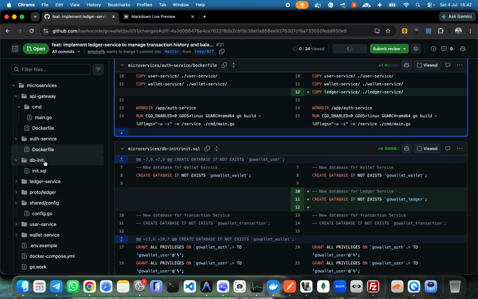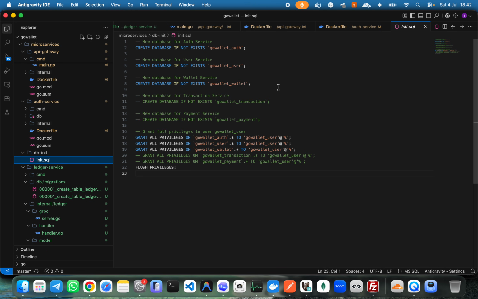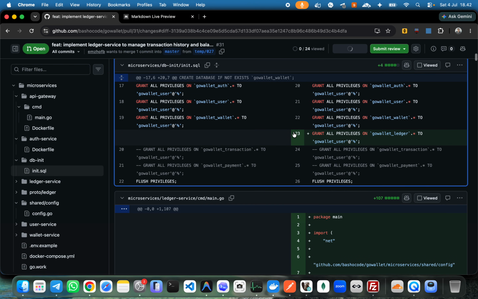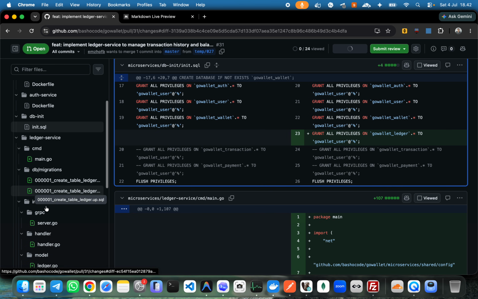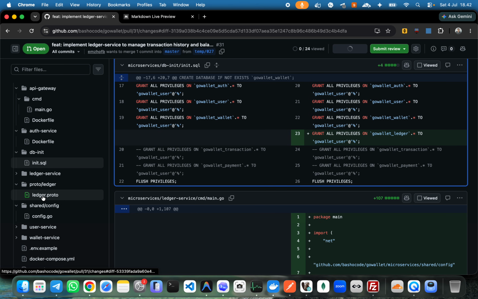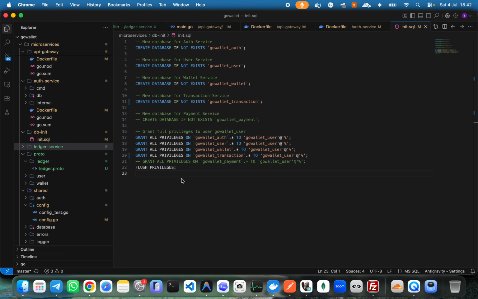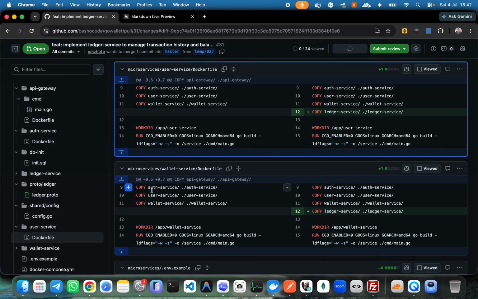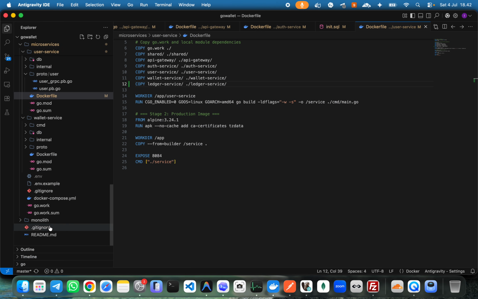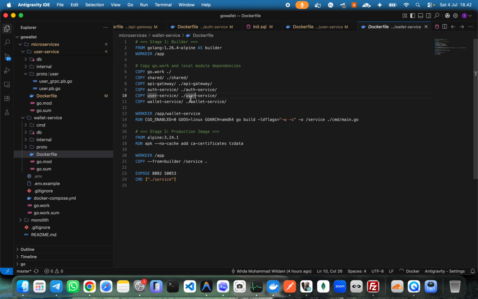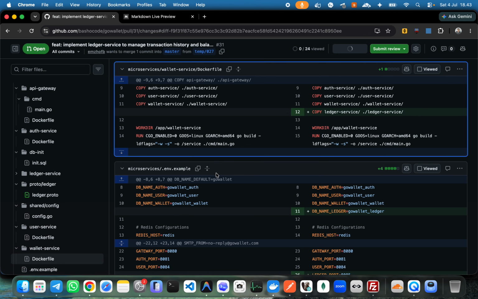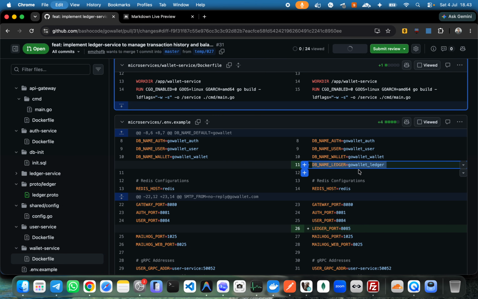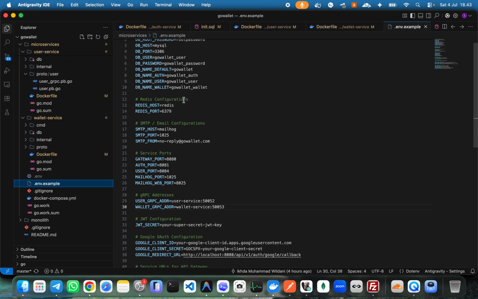Then also in the db init SQL, we create the Golang transaction like this, and then in the ledger service we skip because we have done with this proto ledger. We also have done the shared config. User service, we need to modify the Dockerfile, and then of course wallet service as well. Wallet service, we should add the ledger service, yeah, Dockerfile wallet service. So we add the DB name ledger inside the env example here,